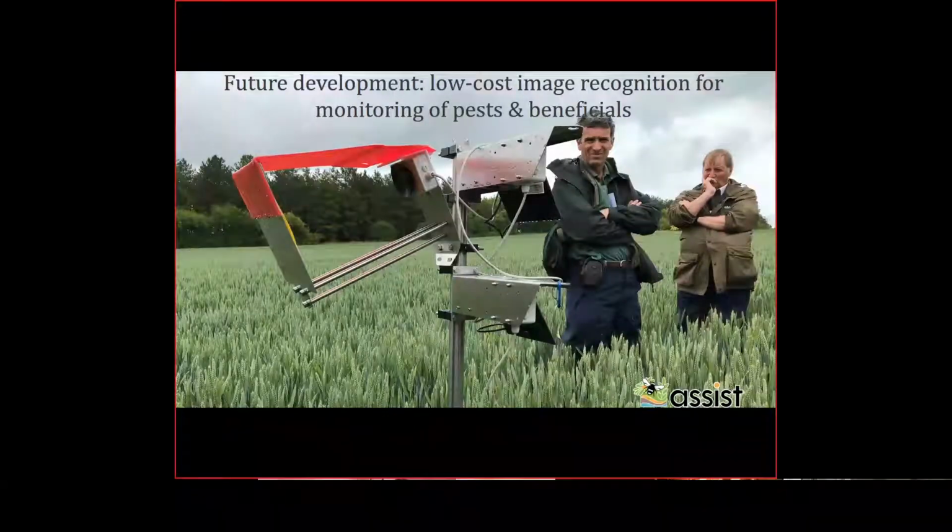This is a very crude prototype which we were looking at a year or so ago, just to capture images on a yellow sticky trap in Julian's field. And Julian and Marek are looking very, very skeptical, but we do know the technology works. It's just a case of